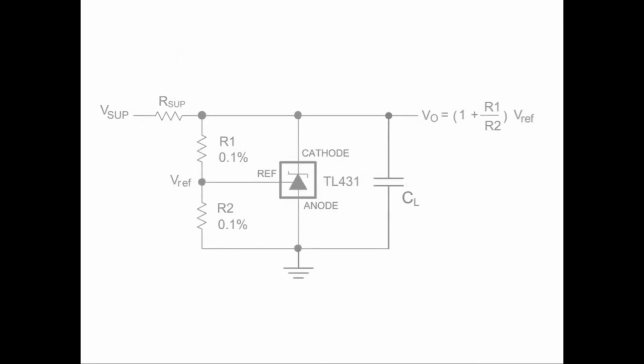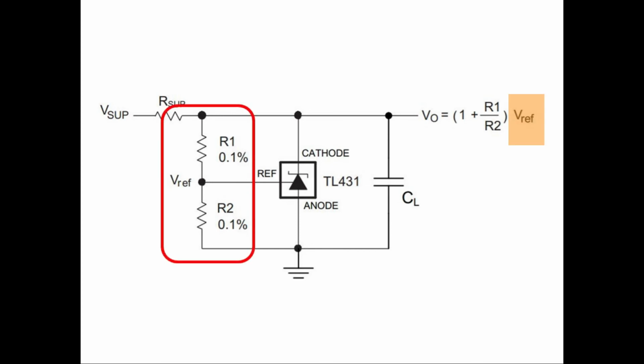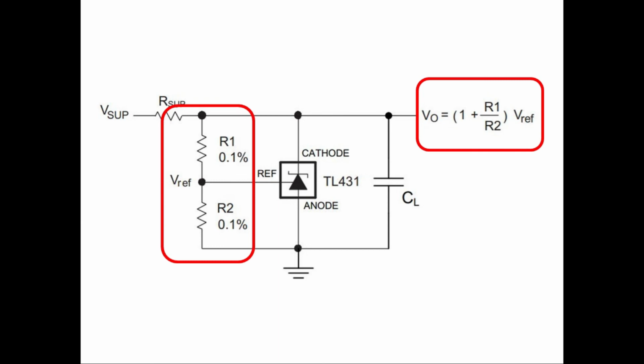The voltage across the cathode and anode of TL431 is given by this equation. It can be seen that the voltage VO or VK is a function of the voltage Vref, which is the voltage that is applied on the reference pin with respect to the ground of TL431. The voltage Vref at the reference pin of TL431 can be varied by using different potential divider networks. Here, the voltage on the reference pin of TL431 is given by this equation, which in turn adjusts the voltage across cathode and ground. Hence, we can say that a single Zener diode TL431 can be used to produce different Zener voltages.